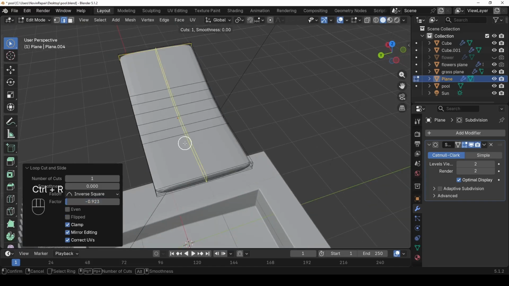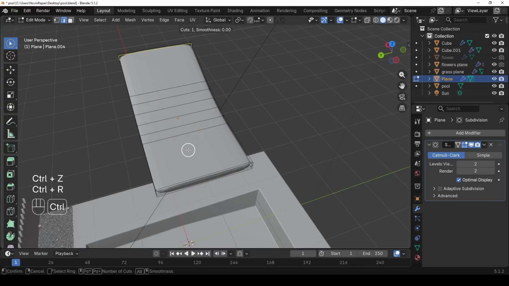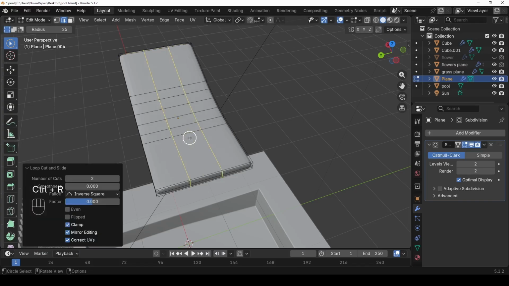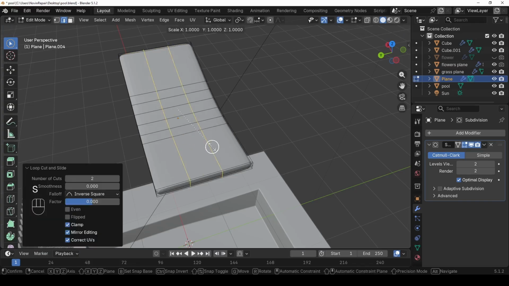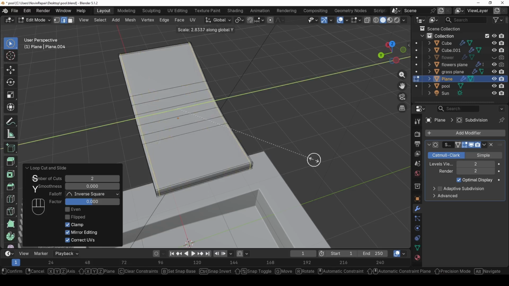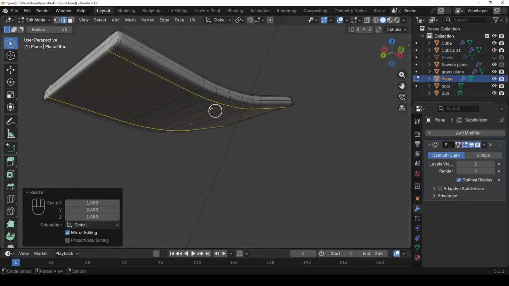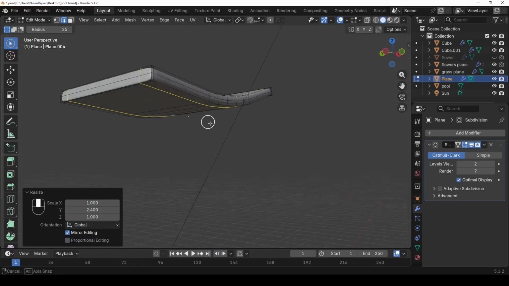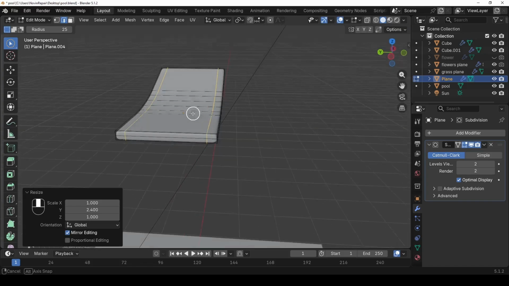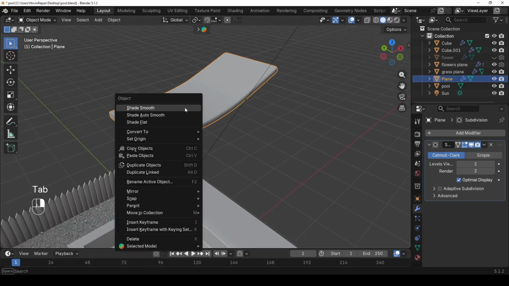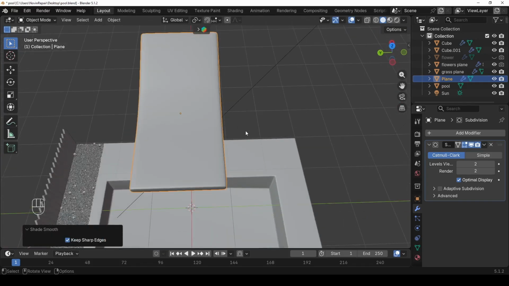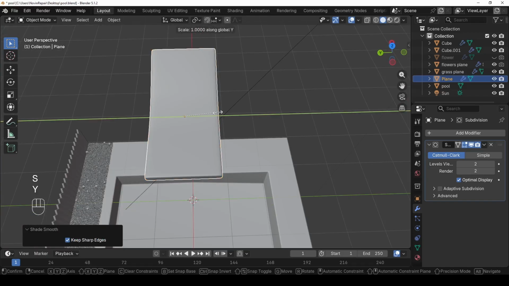and let's add two cuts in here. Ctrl R and scroll the mouse wheel and double click, and then S Y to scale them apart from each other like this. I want it to be here because I want to select these faces later, and I will show you how. So let's go back to object mode and right click, shade smooth, and I want to make it smaller in